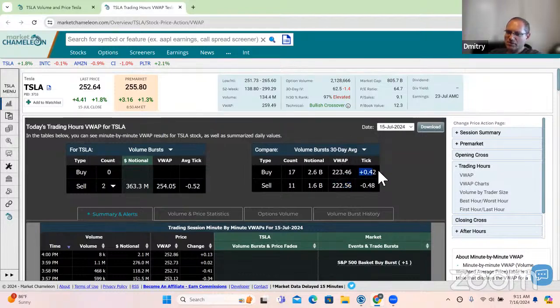This is the average impact. So the average impact is, when we see these buy bursts or sell bursts, how much movement do we get in the VWAP from one minute to the next, right? So if it's a big movement, that means there's not a lot of liquidity and that buy burst really had to reach. If it's a little movement, that could indicate that there's a lot of liquidity and the buy burst could just be a part of